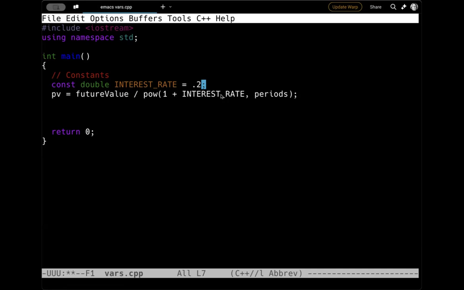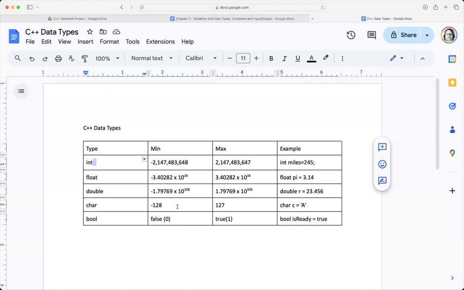One more thing I wanted to mention about variables before stopping this video, and that gets us back to the types here. The book doesn't mention it, and it probably should. These variables that go from negative to positive have unsigned options. So if you do an unsigned int, it will all be positive, and it basically will be double the range on the positive side. That's really the only thing that we're missing, I think, on the discussion of variables. We'll continue to use variables in some examples as we go along, but that's the basics of variables.